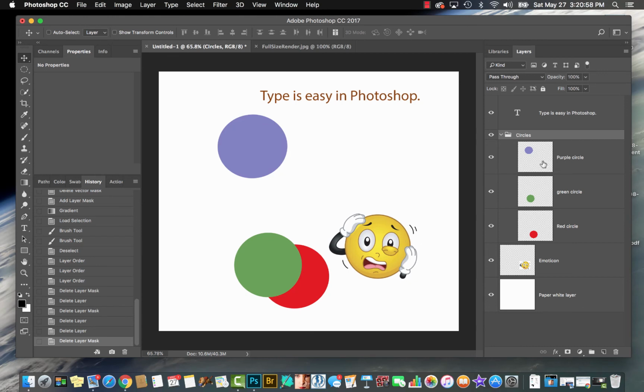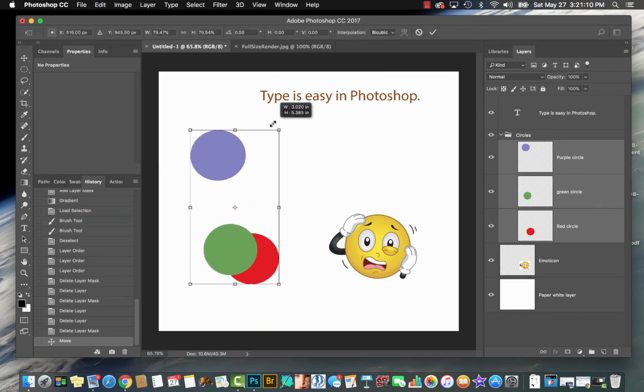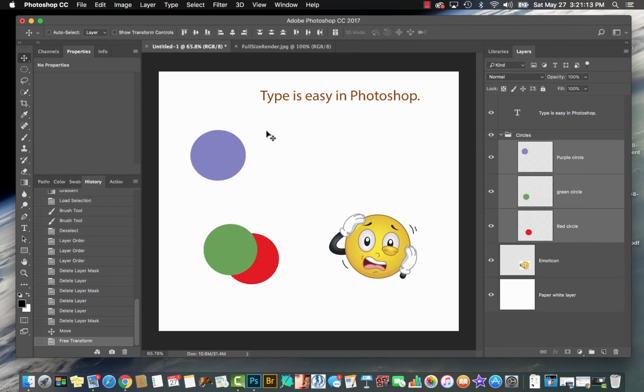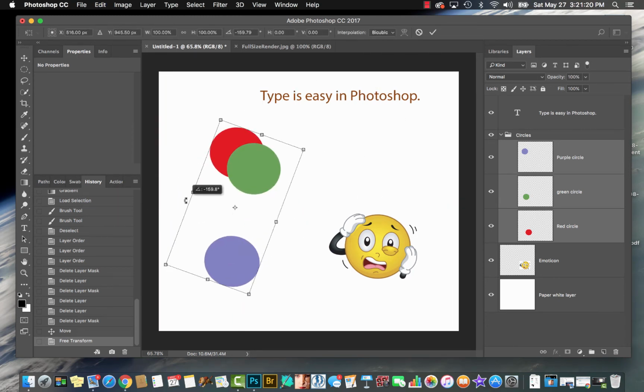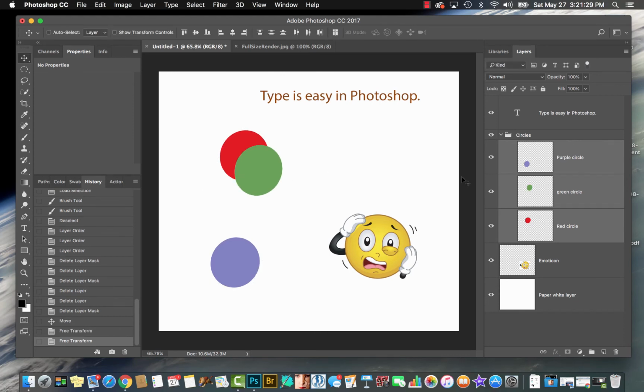Alright, so say I want to take these layers, and if I shift click them, I can move them around together. I can transform them together, make them smaller, hit the enter or return key to make the transformation stick. I can turn them around, again using the transformation tool. I can skew them and distort them. I can do all kinds of things by shift clicking them,